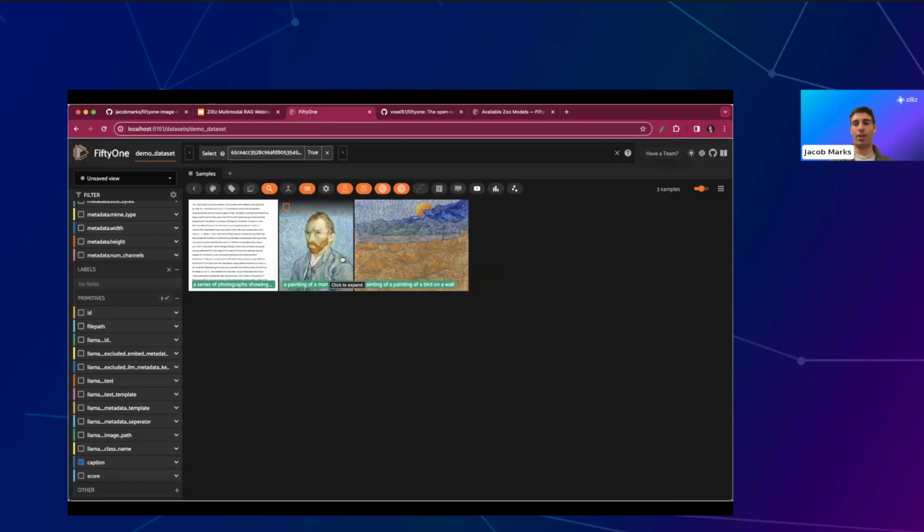But you can play around with different things. Obviously, this is a contrived example just for the sake of the demo, but the main point here is that multimodal RAG is really evolving rapidly.